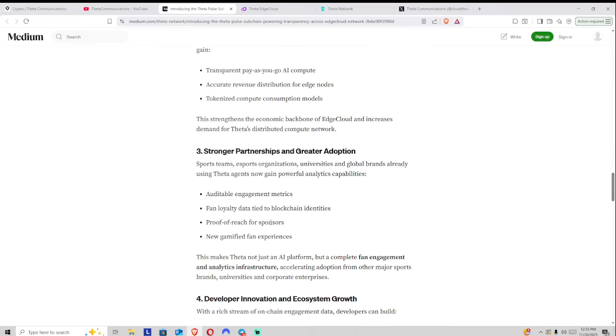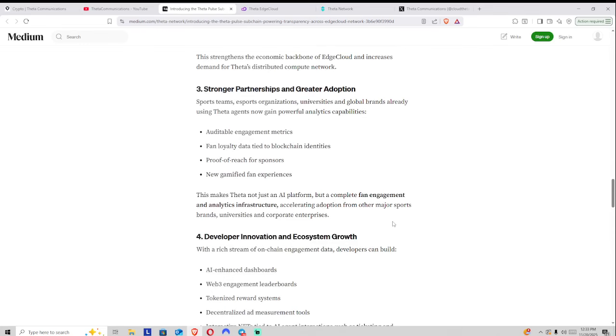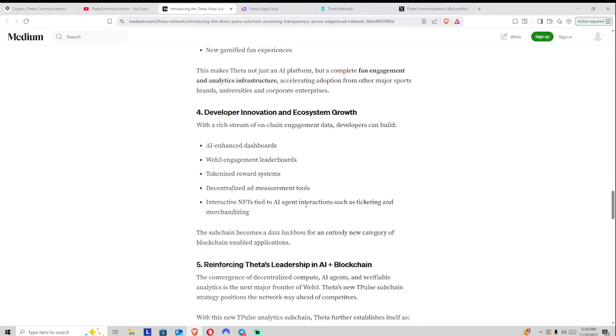So this is going to create greater adoption for the Theta blockchain, as I see they are really setting up similar to a YouTube, a TikTok, or a Meta, where they're able to package up their services and then provide a payable solution, whether it be through the Edgecloud right now, and then have the data underlying, and then maybe create some new cash flows as well for the Theta ecosystem through different advertising or data pull mechanisms. So really exciting, especially as we move forward.